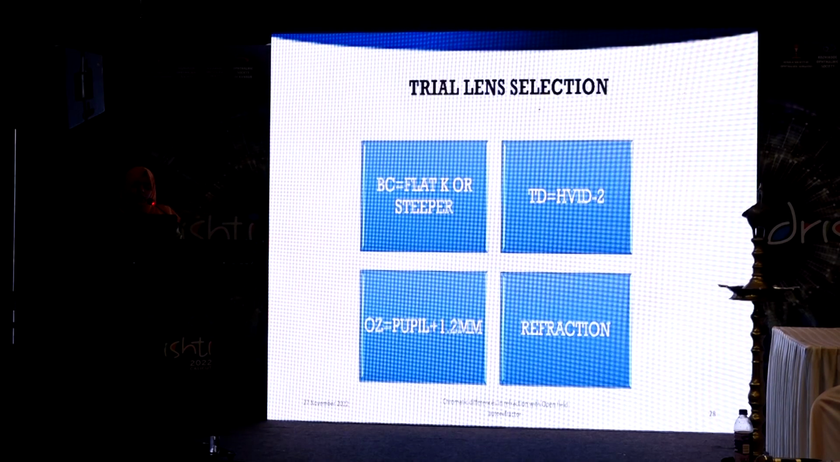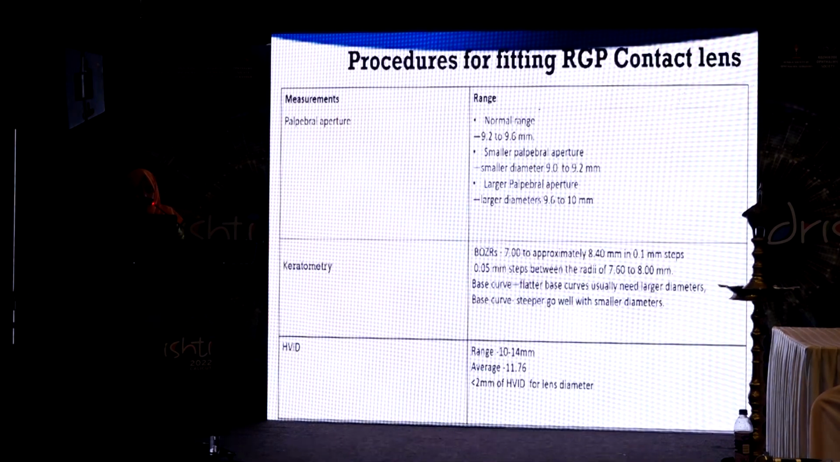So we will be fitting a base curve that is flat K or steeper than the flat K, and we have to take the measurements of total diameter, that is HVID minus 2 mm, whereas for soft lenses we will be taking HVID plus 2 mm. And optic zone. Optic zone is very important because the pupil size is very important, so we have to cover pupil plus 1.2 mm, and also we have to do a refraction. So these are some of the procedures for fitting RGP contact lenses, where you have palpebral aperture